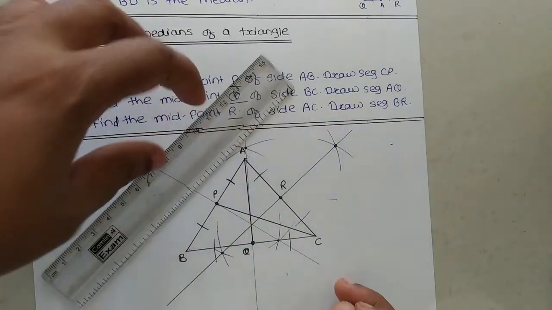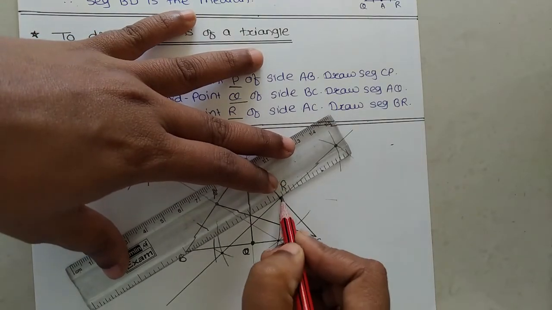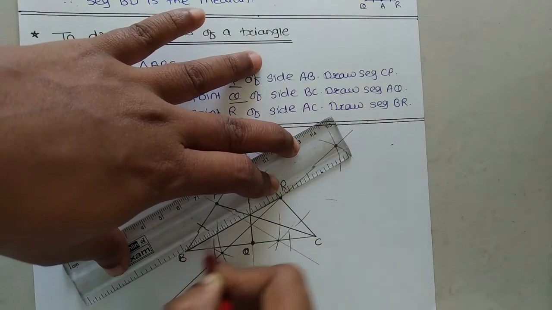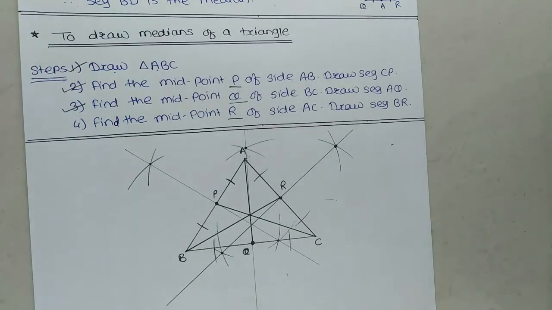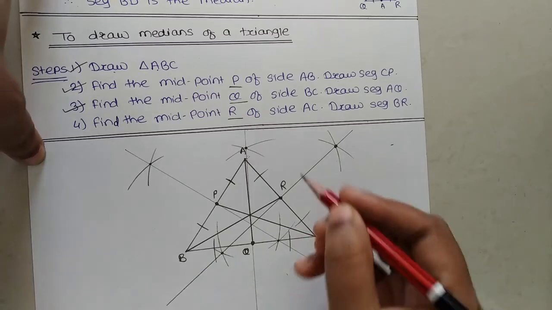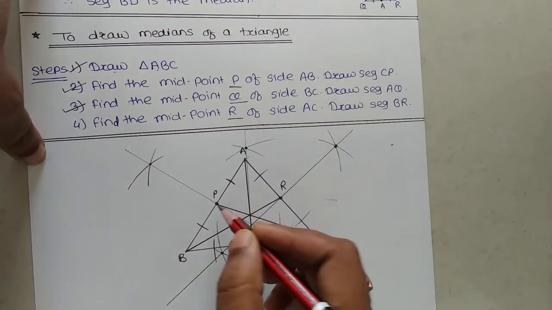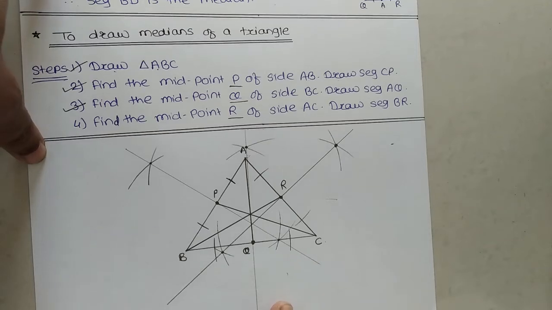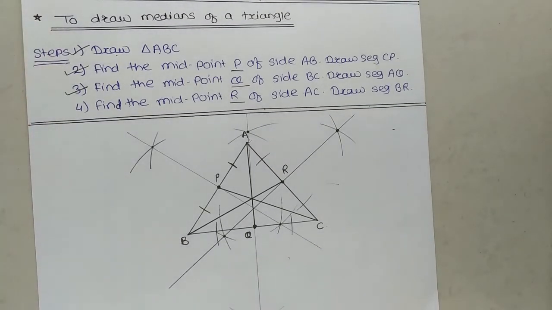Then draw the BR. BR. Okay, clear up to this point? Now next one, so next one is what? We have to get the 3 altitudes, that is AQ, CP, BR. What we have to get here? That is 3 altitudes we have to get here. So what we have to write?